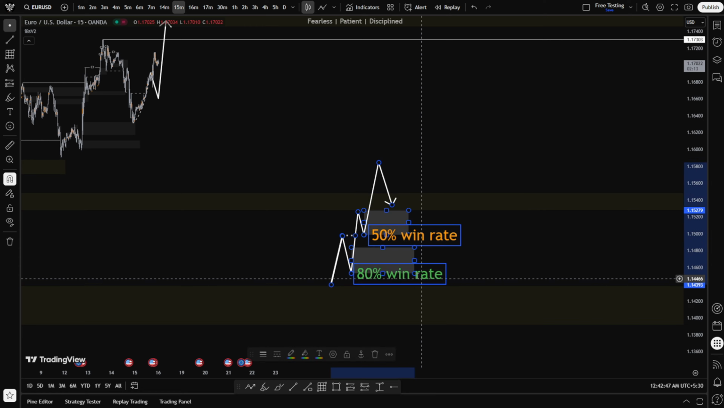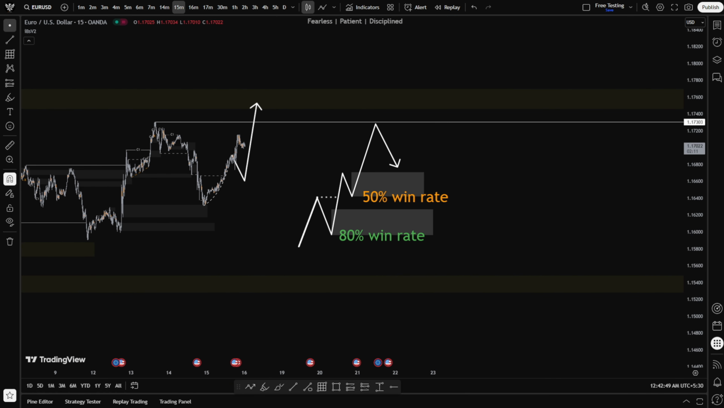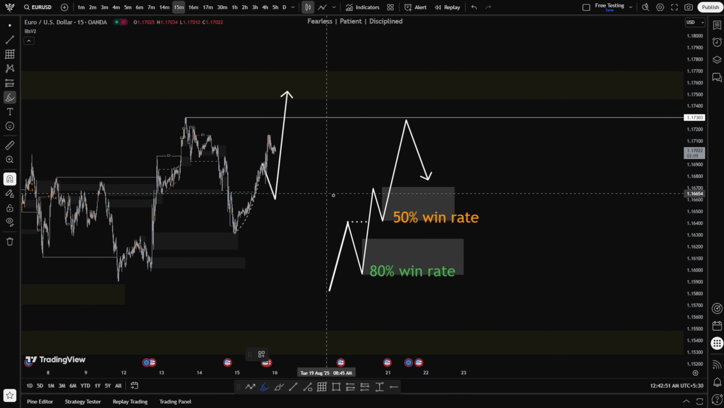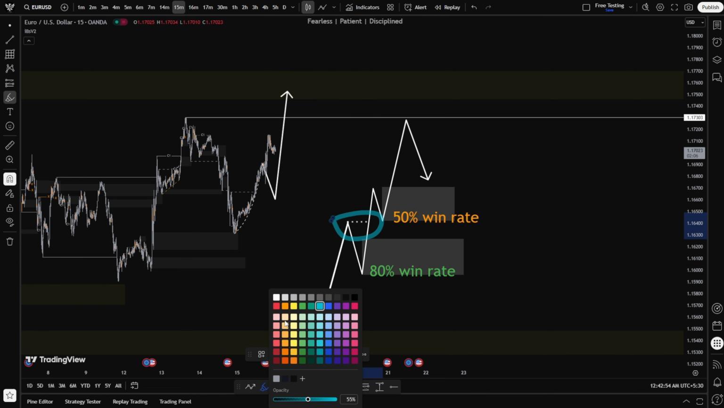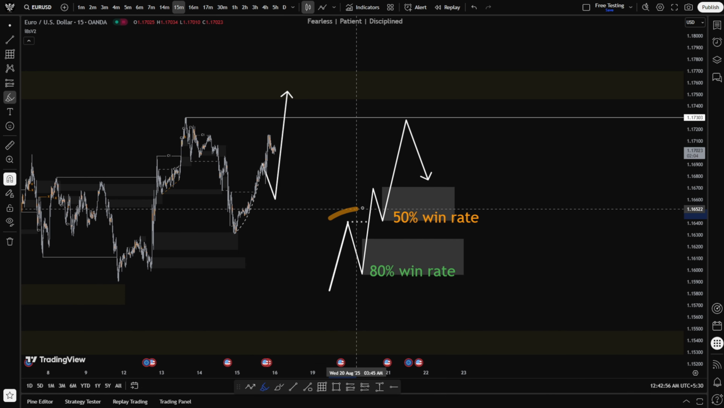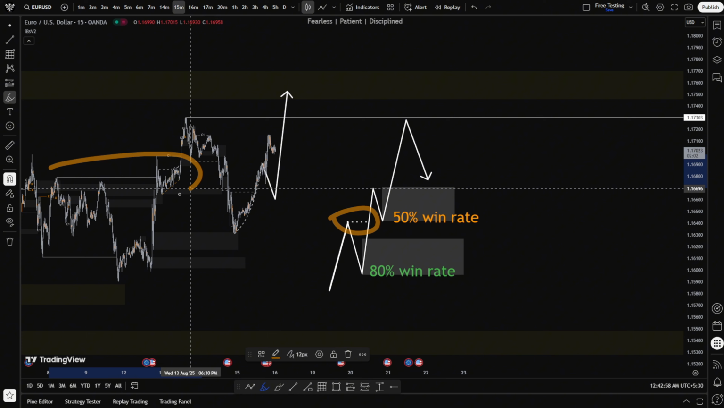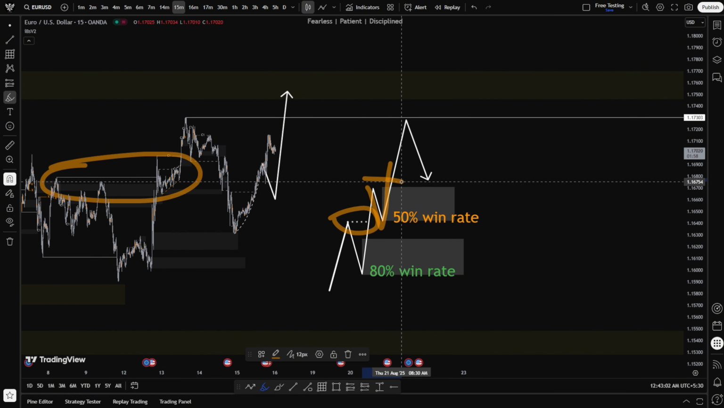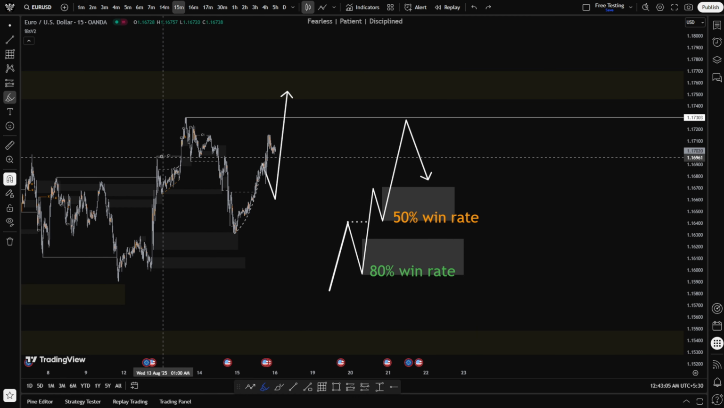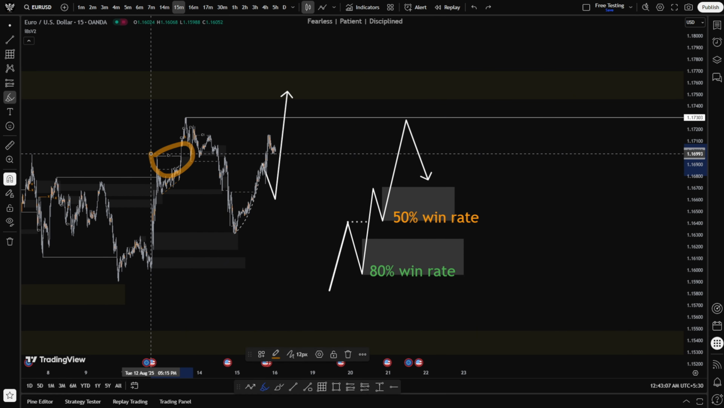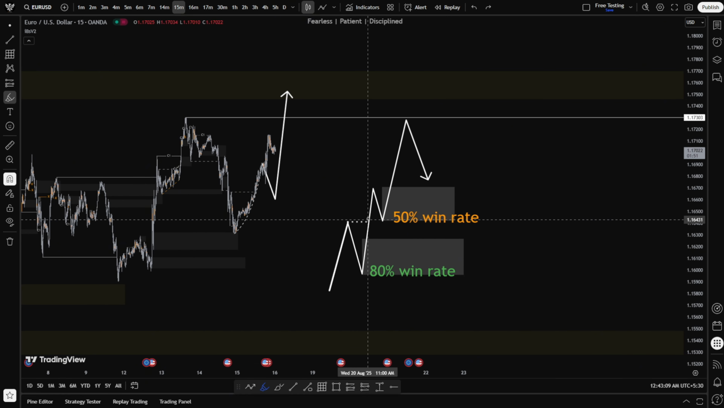All right. Okay. So if you see here, this point, this breakout structure right here, is nothing but this one right here. And this pullback and a small breakout structure, a minor breakout structure, is nothing but this one right here. So don't forget that this is a